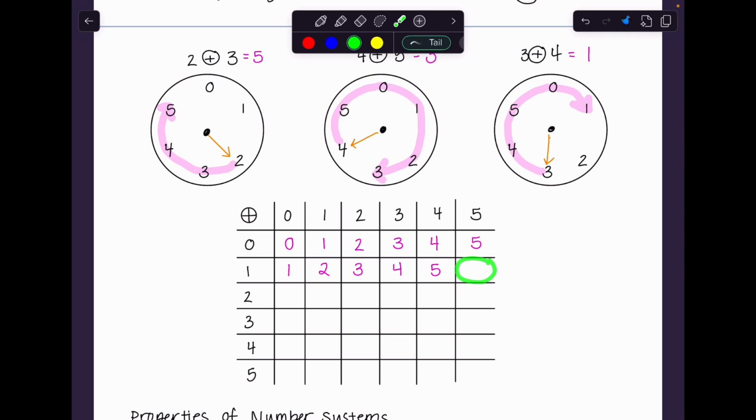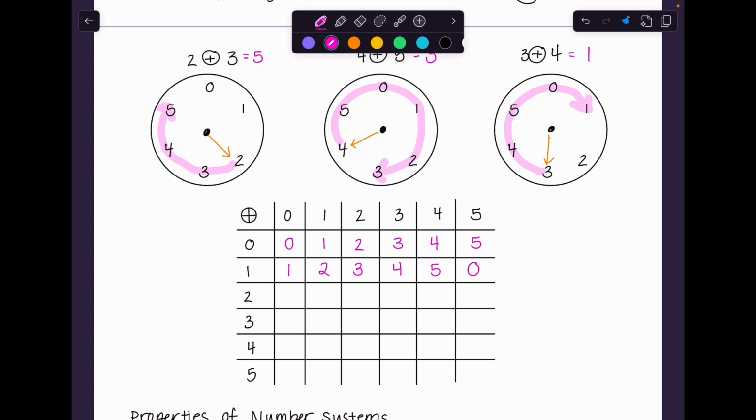Problem is, that's not one of my hours. So if I'm starting at 1 and I'm going forward 1, 2, 3, 4, 5, that lands me back at 0. So if you notice, all of these result in the numbers 0 through 5. So it's going to appear once in each of these columns. Now if I move on to 2,